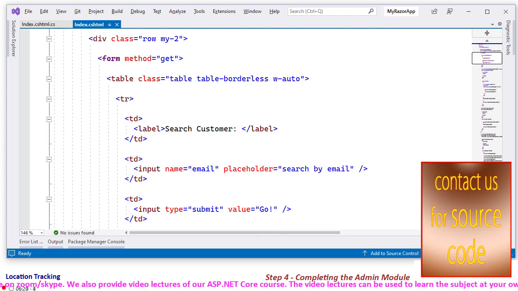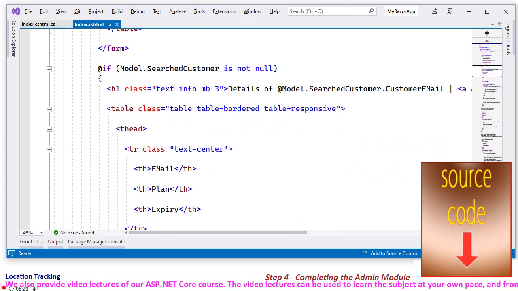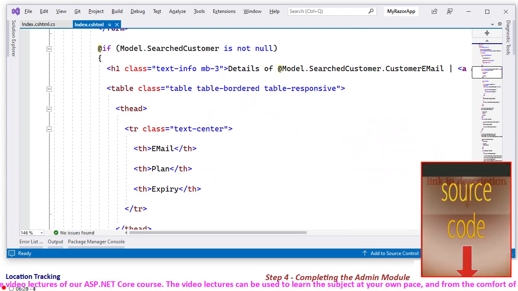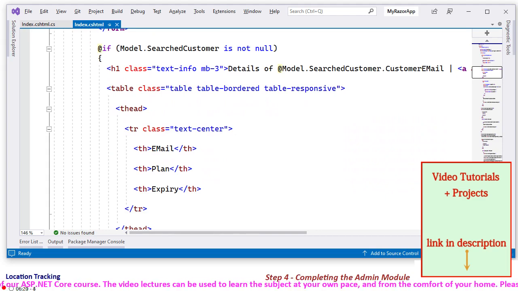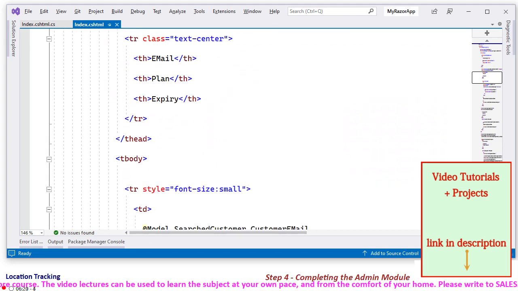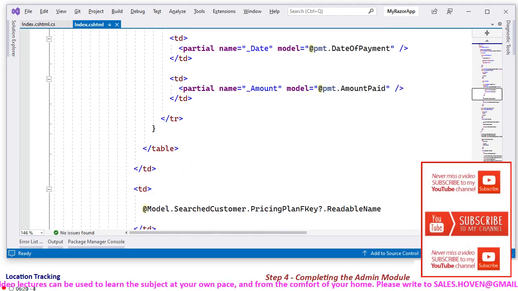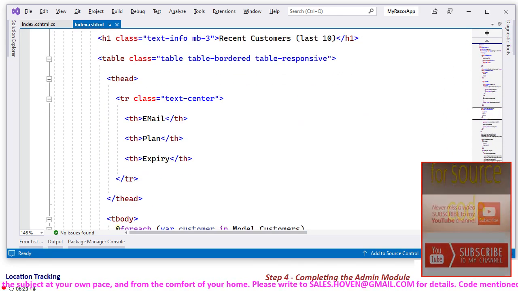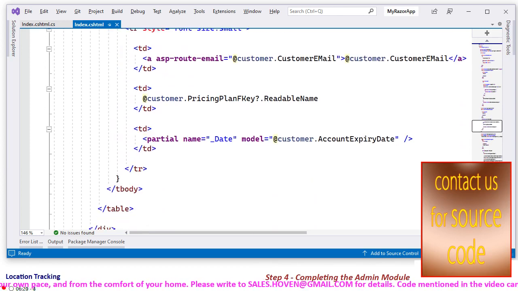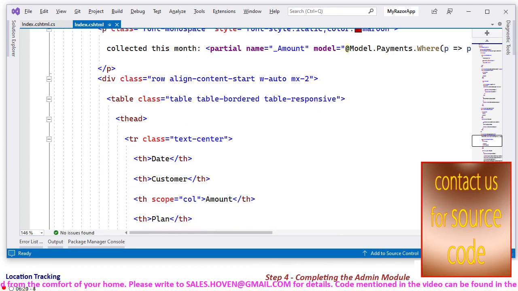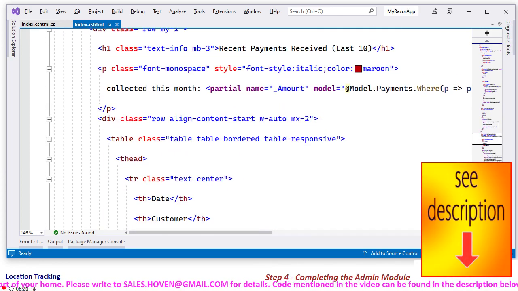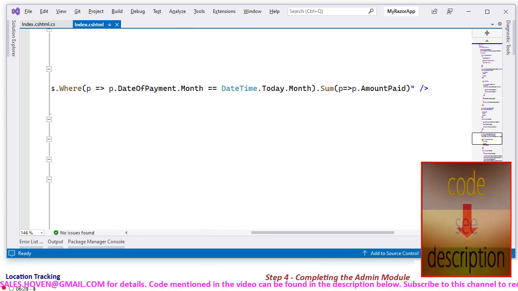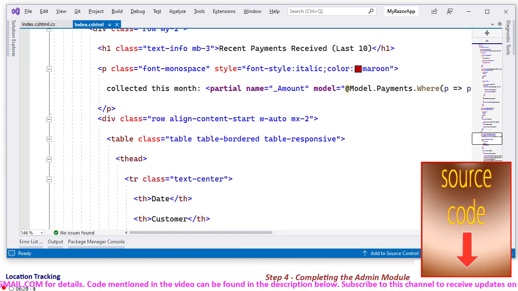And when I run it, then you can see also how it works. And after that, the details of the searched customer, his email, his plan, his expiry date of the plan, amount paid. This is only a foreach display in tabular form, so you must already be aware of how to do this. This is some sort of a sum total, amount collected this month, the query has been run,